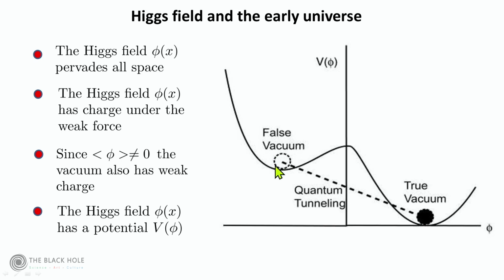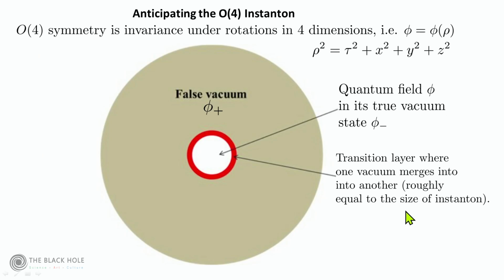However, the point here is that if the Higgs field is less here and more here, then the masses of the particles will change, which means that chemistry will change, which means that life will change. Maybe life won't be possible. And so that's the interesting thing that awaits us at the end of our calculation. We're going to be spending time working out the instanton of this theory.